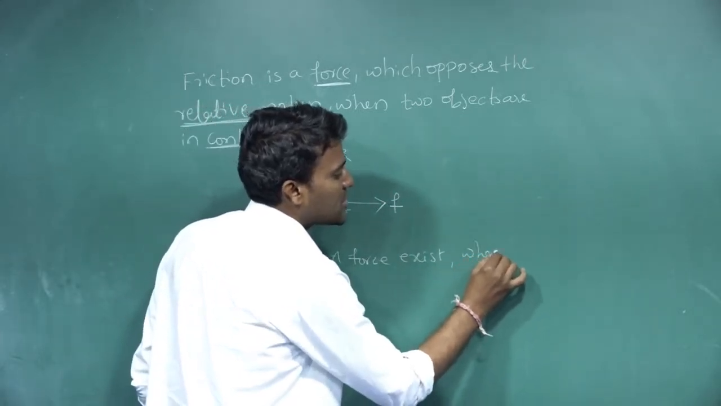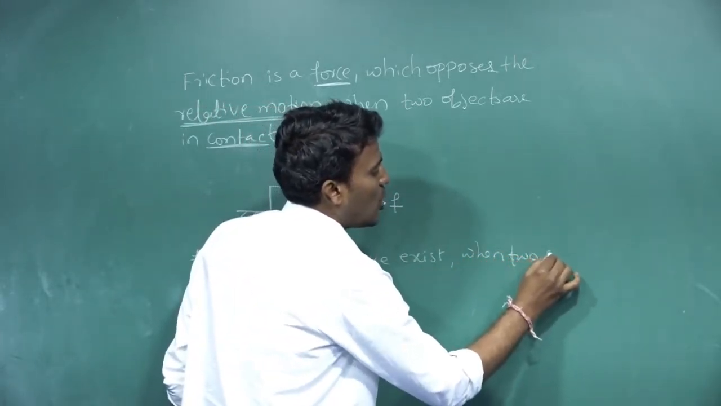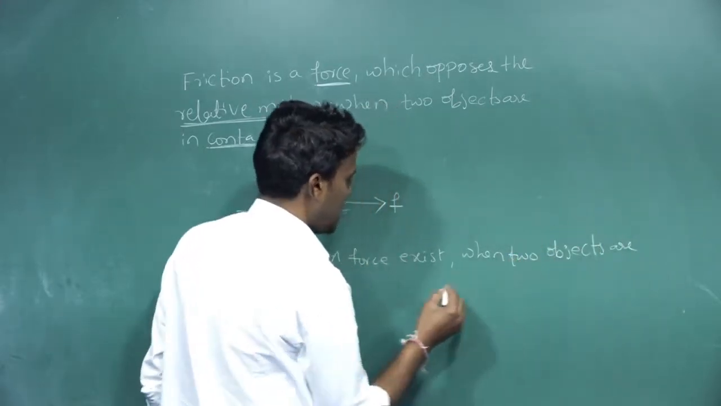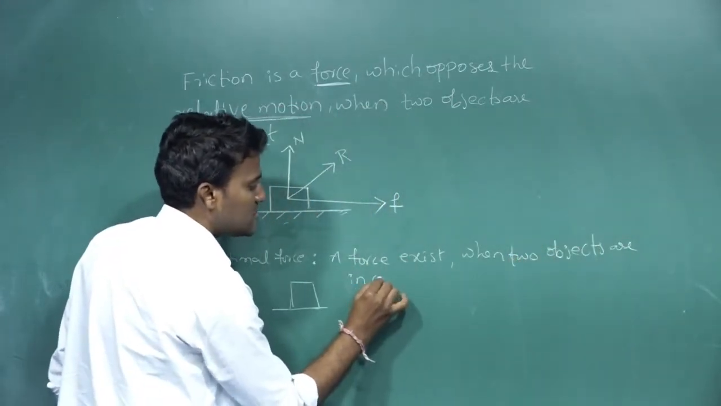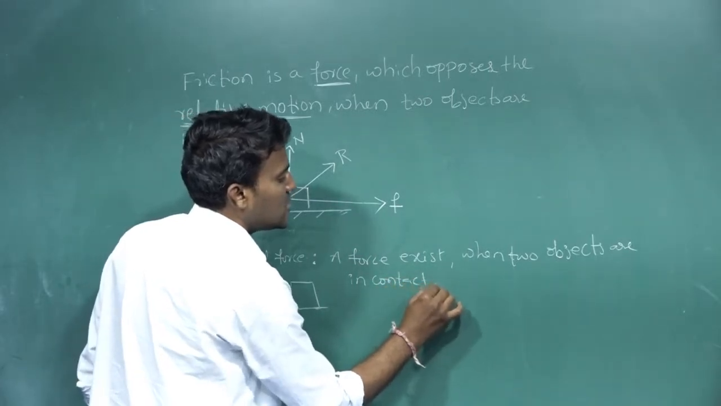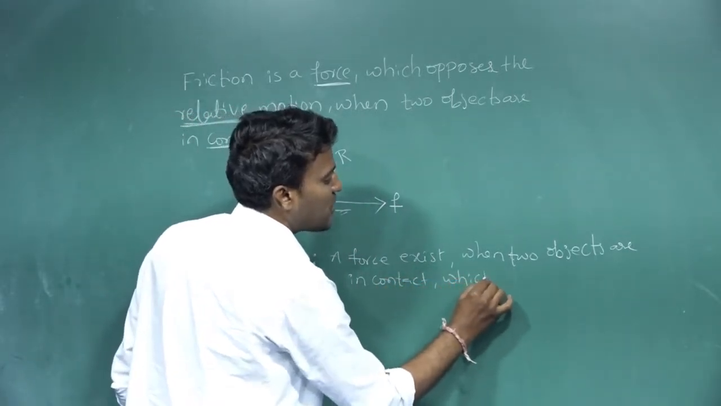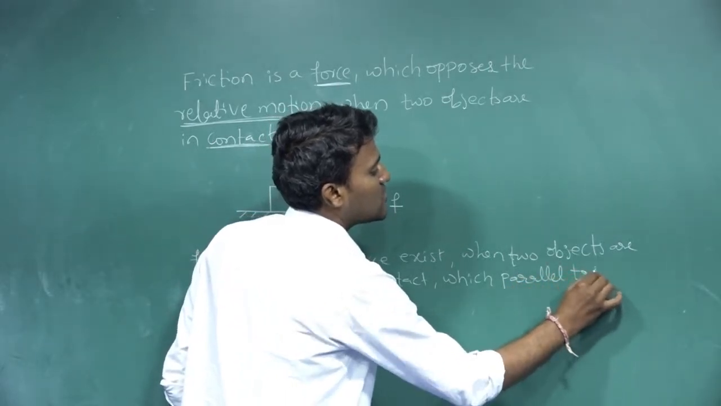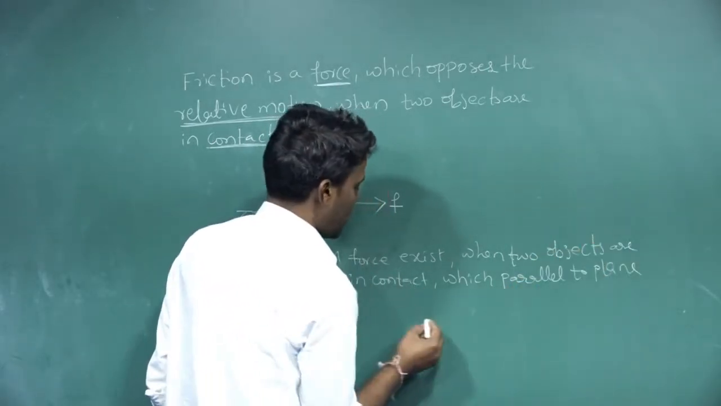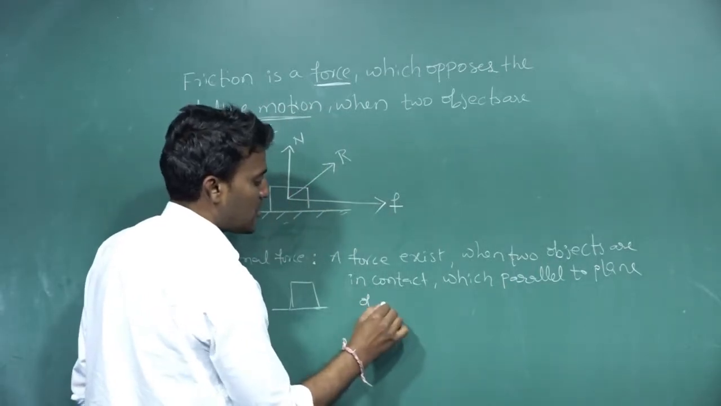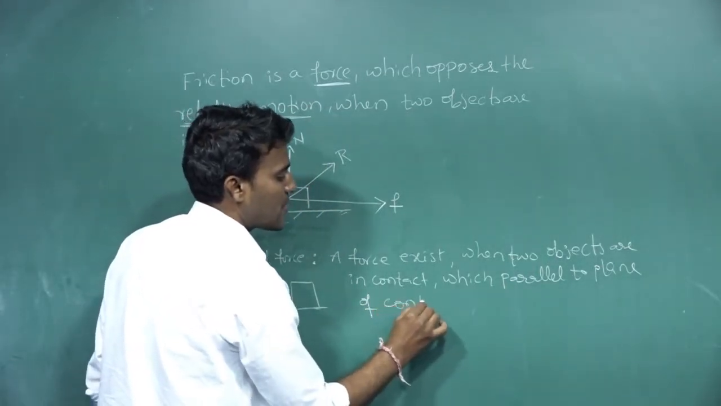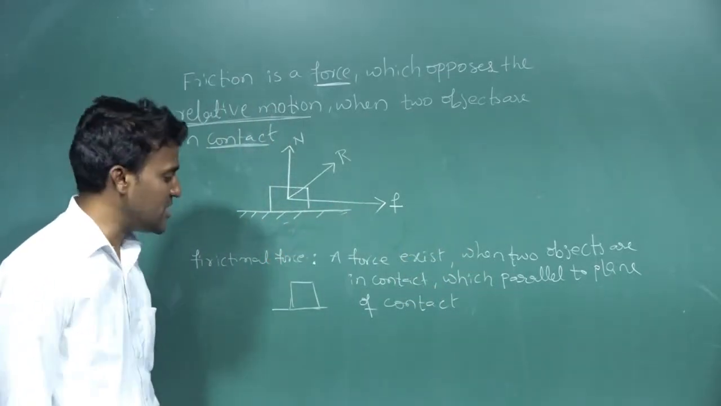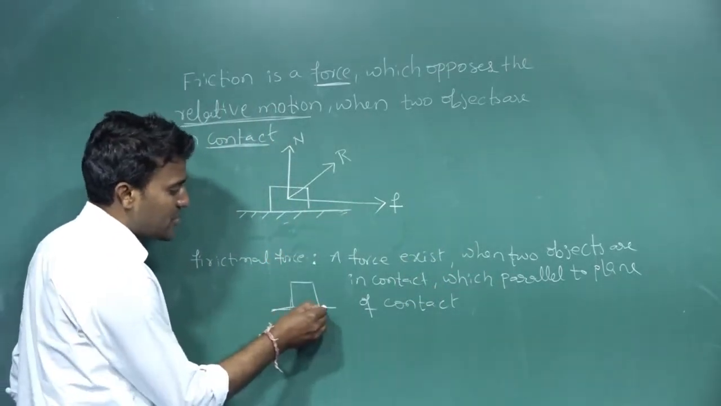When two objects are in contact, a force which is parallel to the plane of contact is called frictional force. According to this I am saying, again I am telling you here,